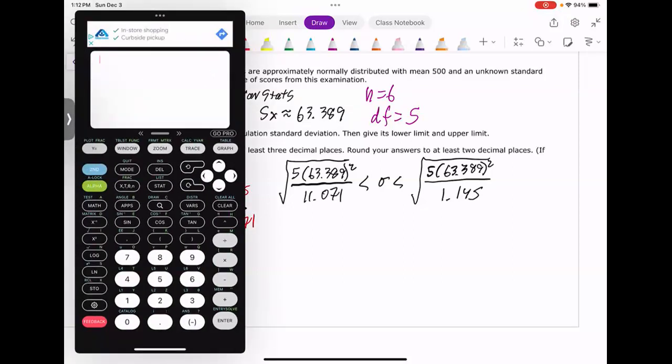All right, here we go. So second square root, 5 times 63.389 squared divided by 11.071